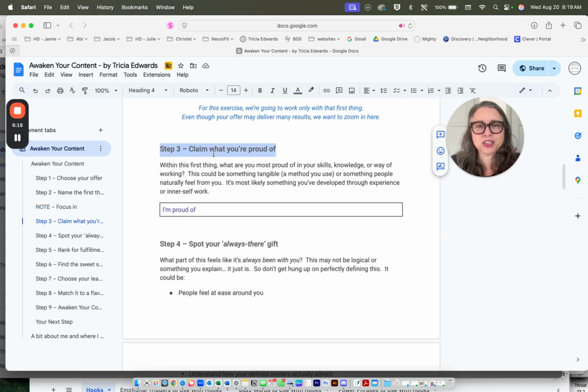But once you figure out here's the offer, here's the first thing, I want to know, what are you most proud of? Because that becomes like the core, it's probably your values, your lived wisdom, the things you've acquired, you've worked on them, you've earned them. That's how we kind of feel about those things. And then I want you to think about the thing that's just always kind of been there and you just don't really think about it. And you're like, I guess other people kind of like that about me. I kind of see that.